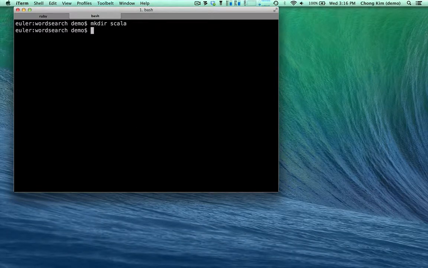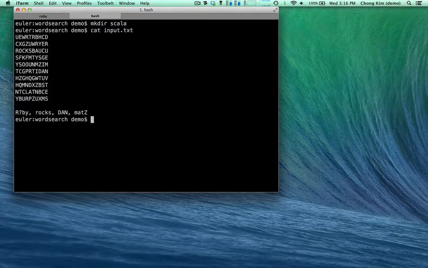So let's take a look at the input first. Our input looks like this, where we have a block of letters. We have a list of words that we're going to search for. A question mark means that this is some character. It'll match any character, and we'll find words going across, down, diagonally, and also it'll snake around, just like the